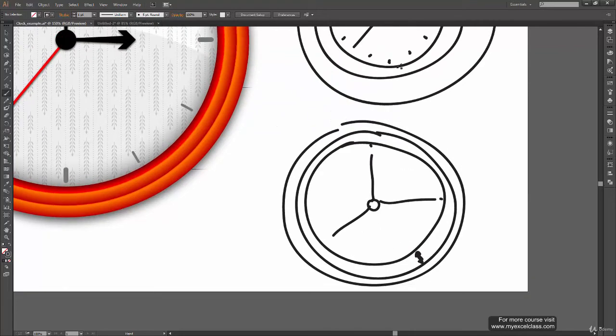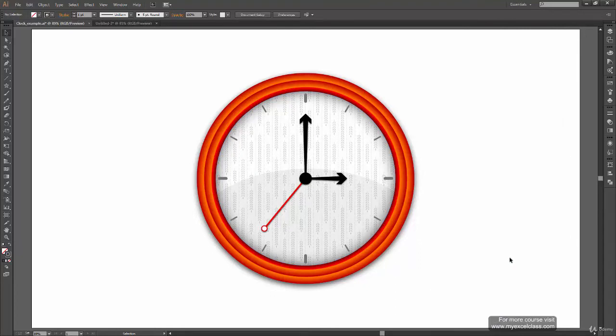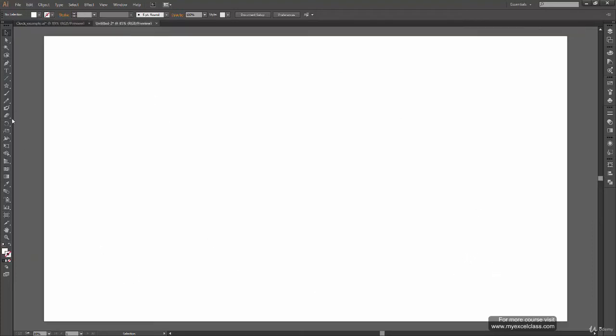So there are 2 ways to do it. There will be more than these 2 ways. You might be able to figure out some other ways also, and that is completely fine, because like I said before, in this software you will find millions of ways to create one single thing. So it's just these two ways which I have noticed and planned. So let's use the second technique and start creating the clock.